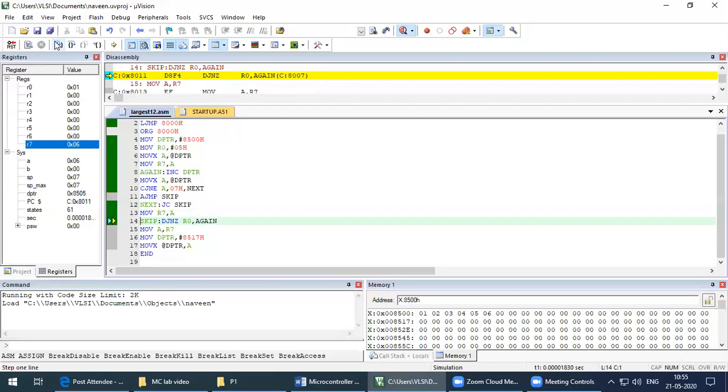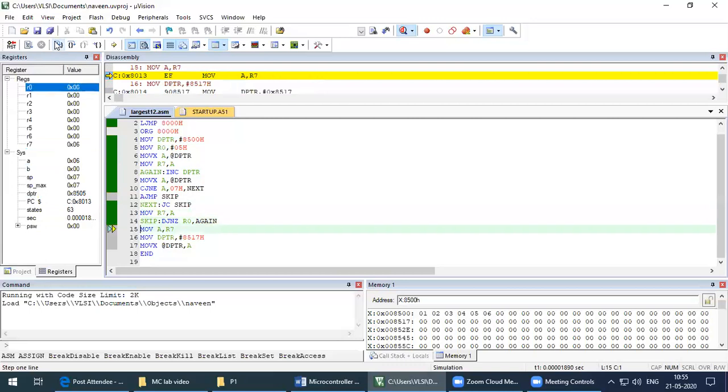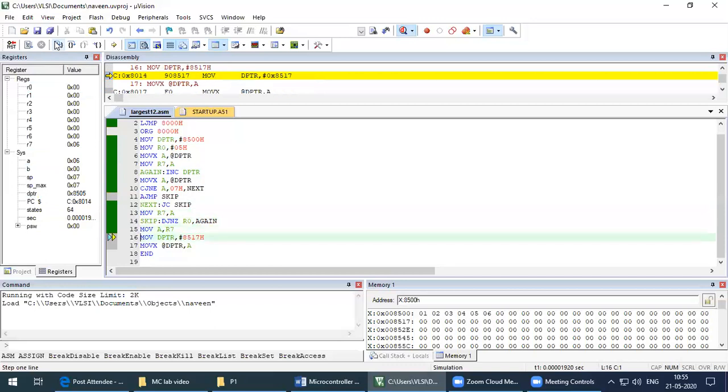As well as that, we need to store this largest number in 8517. We can do that by moving the largest number from R7 into the accumulator. Then the external memory address 8517 is stored in the DPTR. The largest number is now in the accumulator, and I will store it in 8517.